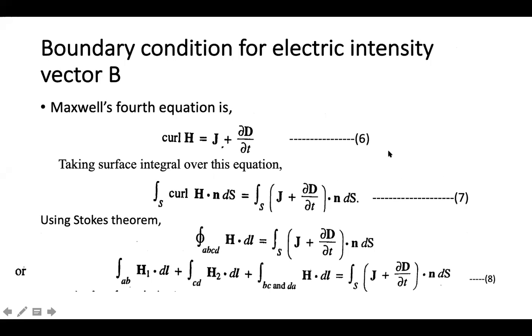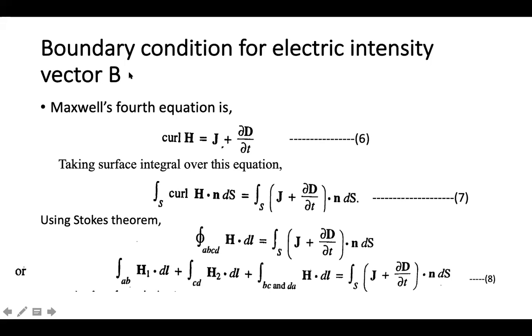So the only golden rule is, if you get the same values in the first medium and second medium, then you say that value is continuous. And if you don't get the same value, then it is not continuous. Example, if I say D1 minus D2 is equal to sigma, it is not continuous. Why? Because if D1 is equal to D2, then you don't get sigma, you get 0. Because D1 is not equal to D2, you are getting a value sigma. So hence we say it is not continuous.